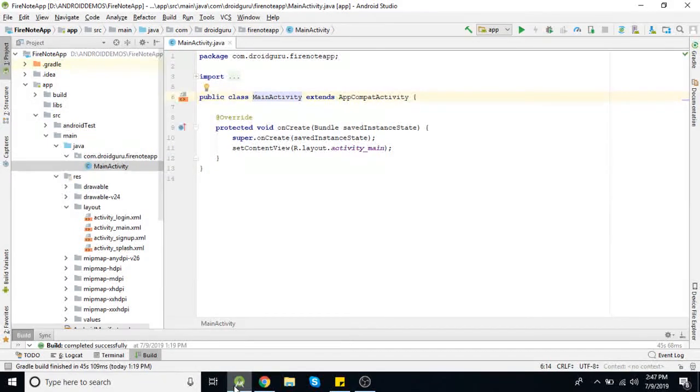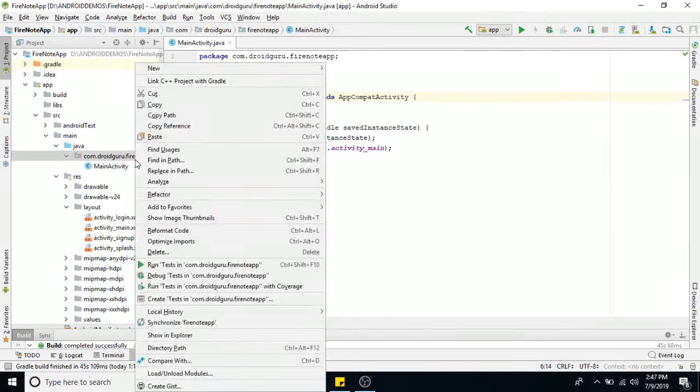We completed screen designing. Now let's create Java files for all these XML layouts. First I am creating one for the splash screen.